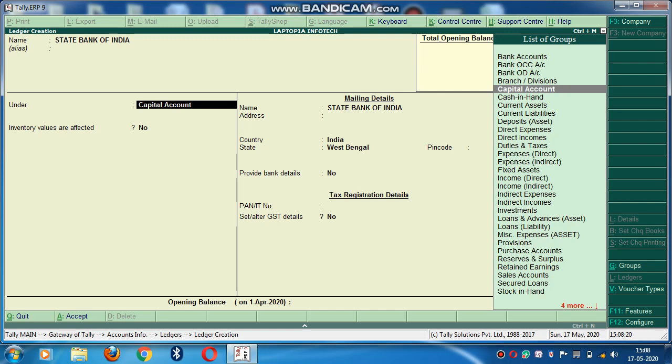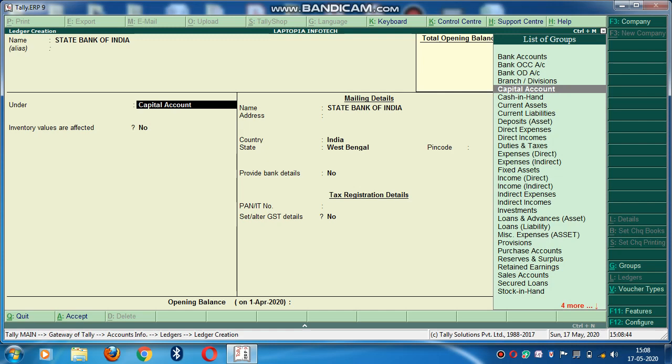In the P&L account we take direct expenses and indirect expenses. In the balance sheet we take current assets, current liabilities, fixed assets, then closing stock, investments, loans and advances, deposits, stock in hand, secured loans, unsecured loans, many things are there. So likewise, under means the head.